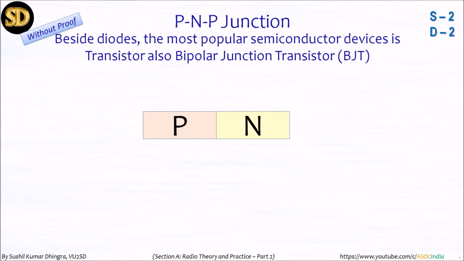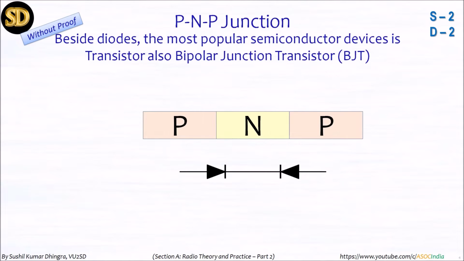Instead of a PN junction, now we can connect one more junction, an N junction. If you see the diode configuration, P has two parts, one left side and one right side, and if you convert it, the system looks like two diodes in opposite directions, in series. We have added N here, but we can add P also. This is also possible, but in this case the structure will look like two diodes pointing toward each other, with the direction toward the center. But how they work is very important.